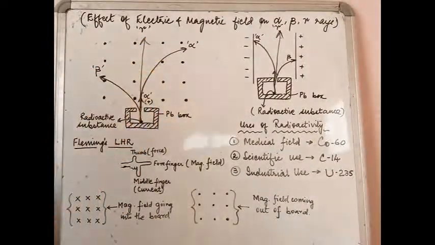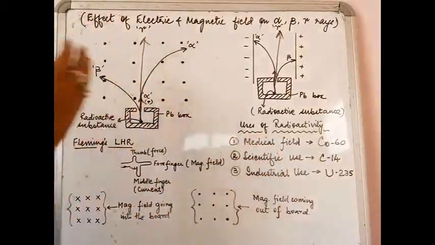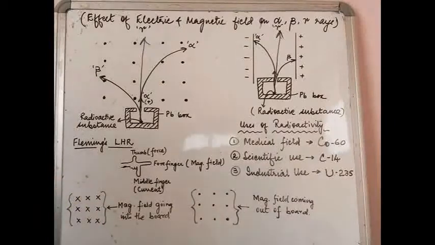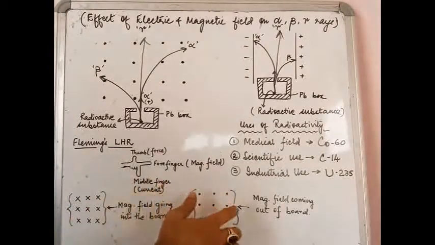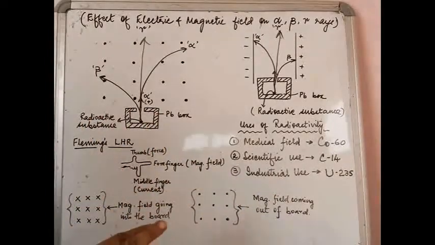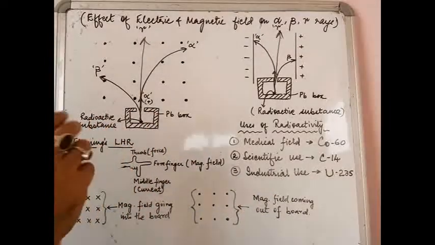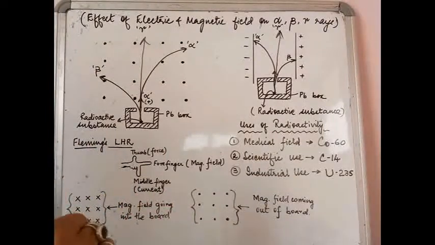For the dots I have already shown you the direction. Okay. So in comparison to the electric field effect, the magnetic field effect is a little more complex to understand, because first of all you have to understand what the crosses and the dots mean. Secondly, you have to remember Fleming's left hand rule. You have to apply the rule properly, only then will you be able to draw them properly. Okay, so this is as far as the effect of electric and magnetic field was concerned.